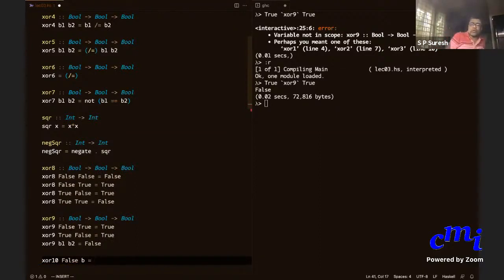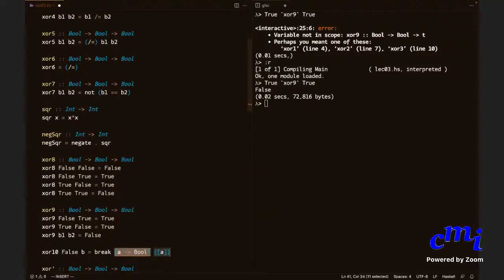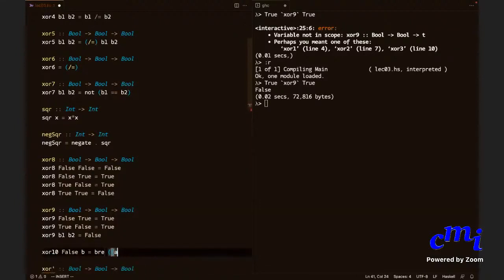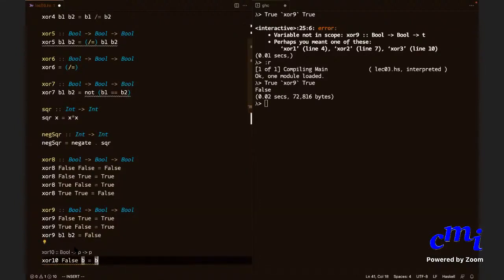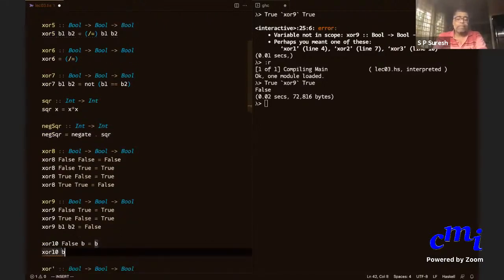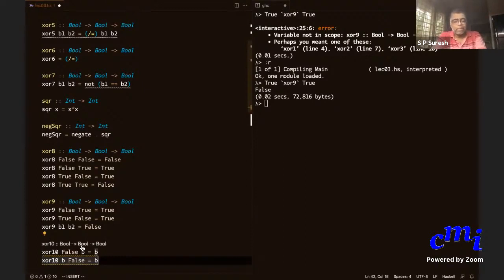False true is true, false false is false. So XOR 10 of false b is b. And XOR 10 of b false is, no matter what b is, if the second argument is false, then I'll have b again.